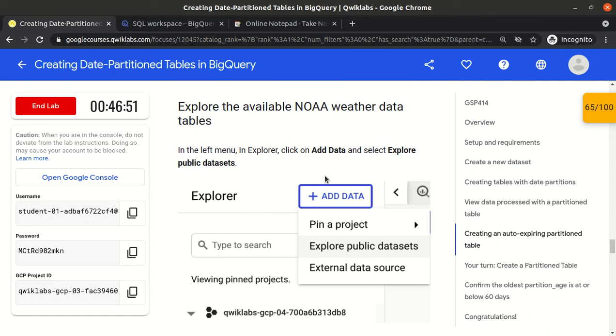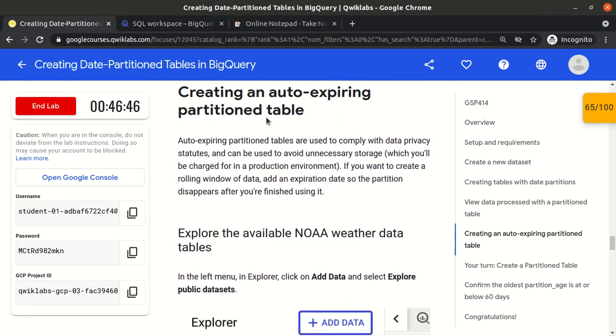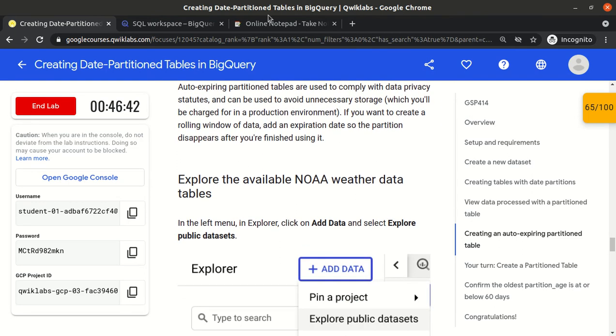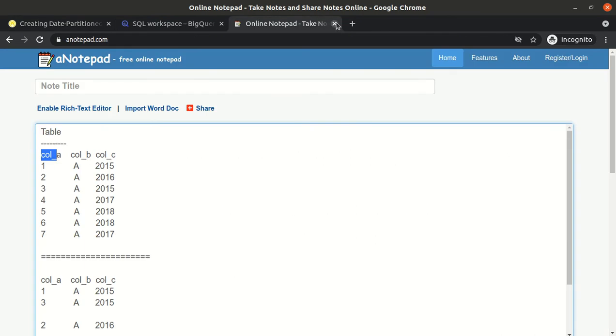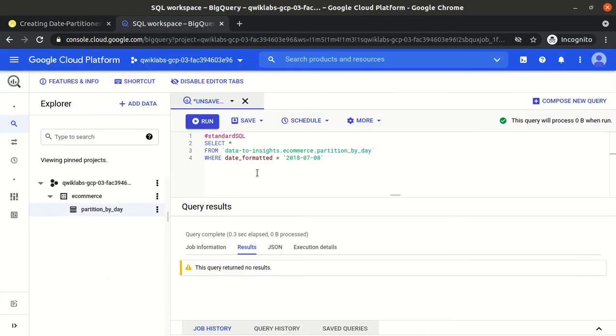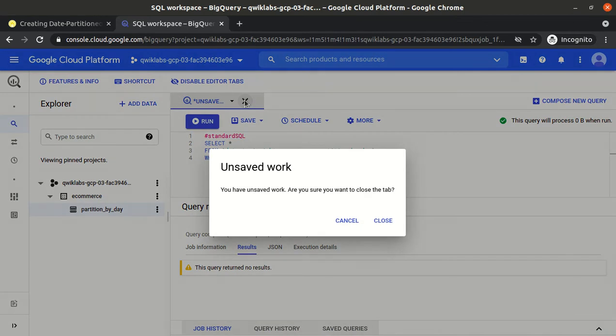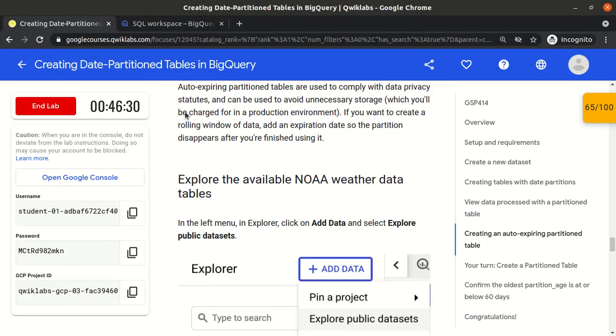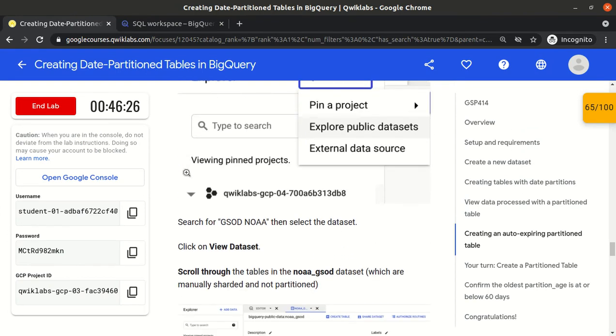So let's add some public dataset so that we can explore it. We have created the partition, so let me close it. To add the public dataset, which dataset do we need to add?